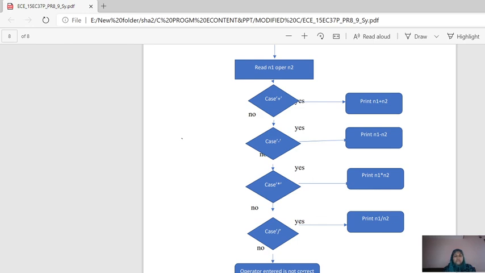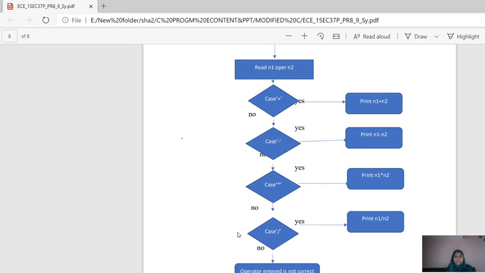So after accepting the operator and the two numbers, the following operation can be performed on the two numbers based on the character entered in oper, the variable whose data type is char. So all four characters you have seen here: plus, minus, star and slash. If you press star, then it is multiplication. If you press slash, then it is division. If you press the minus symbol, then it is subtraction. If you press the plus symbol, then it is addition of the two numbers. If you press any other key other than these four characters, the message that the operator entered is not correct is going to be printed as the result.